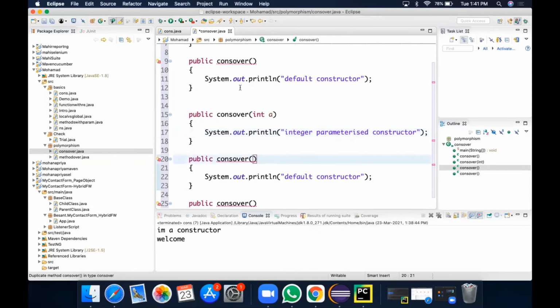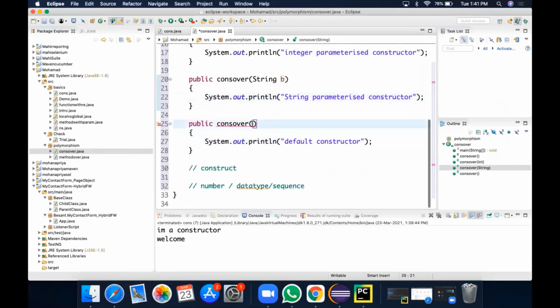So now the first and second will not have an issue. Now I'm going to give a string B. So this is the string parameterized one. After that, I'm going to show the difference: integer A, comma, string B. So all the errors got resolved, integer and string.